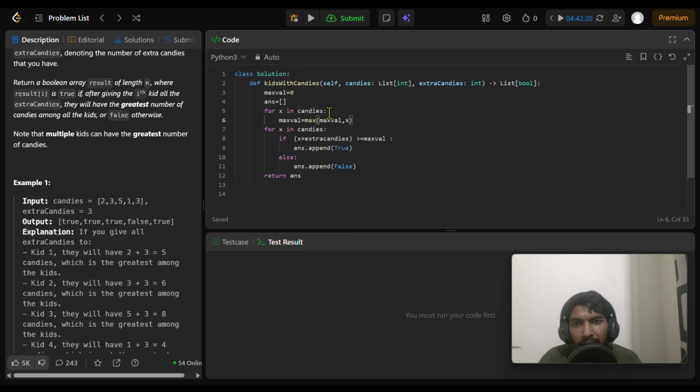इसको आप एक और तरीके से कर सकते थे, यहाँ इफ लगा सकते थे, इफ x इज ग्रेटर देन मैक्सवेल, मैक्सवेल इज इक्वल टू x। ओके, ना उसके बाद फॉर x इन कैंडीज, x प्लस एक्स्ट्रा कैंडीज इज ग्रेटर देन इक्वल टू, अगर मैक्सिमम वैल्यू से बड़ी है या बराबर है तो आंसर में ट्रू डाल दो, नहीं तो आंसर में फॉल्स डाल दो और आंसर को रिटर्न कर दो।